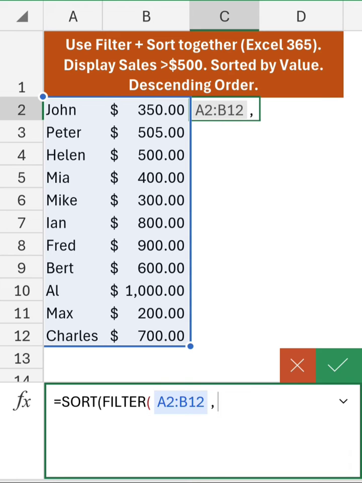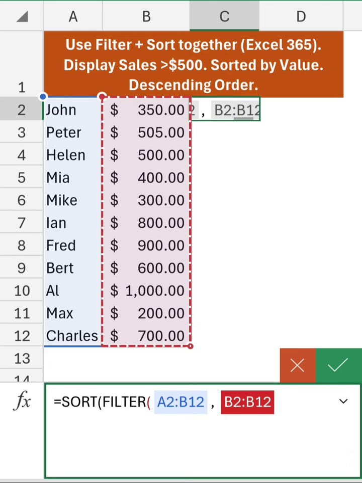Then I'm going to find out which of the listed sales values are above or greater than $500. So I'm going to say B2, then colon B12, and then I'm going to find out which of these values are greater than $500. Okay, and then I'm going to close it, and then put a comma